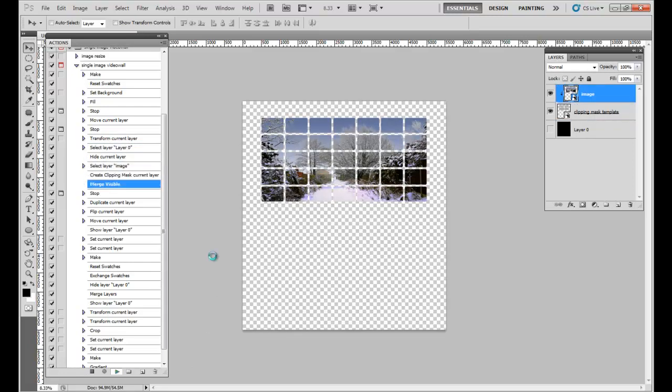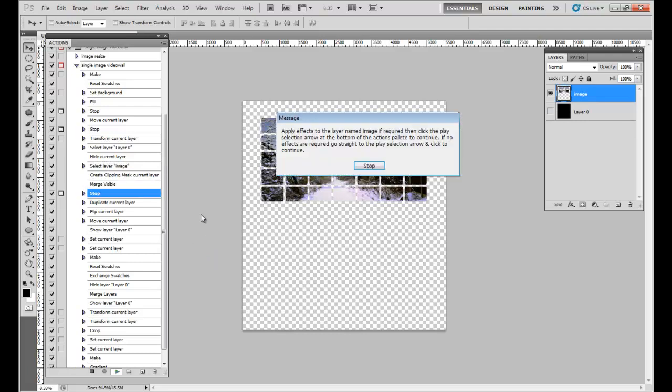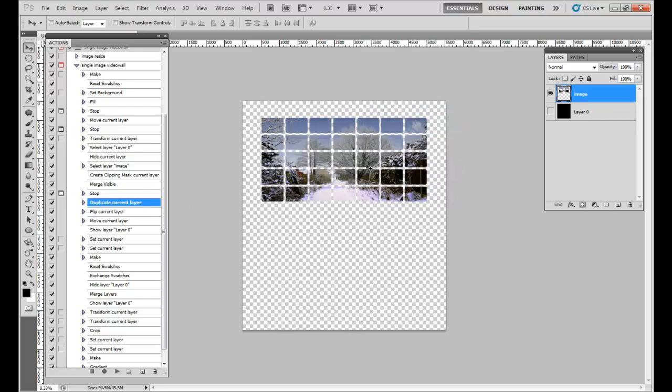The next box that pops up in front of you is advising you that at this stage you can apply effects to the video wall. If you don't wish to apply effects and you just want a straight video wall, all you need to do is click Stop and then click the Play Selection arrow at the bottom of the Actions palette. If, however, you want to try some little effects on the video wall, then the basic thing you need to do is click Stop,